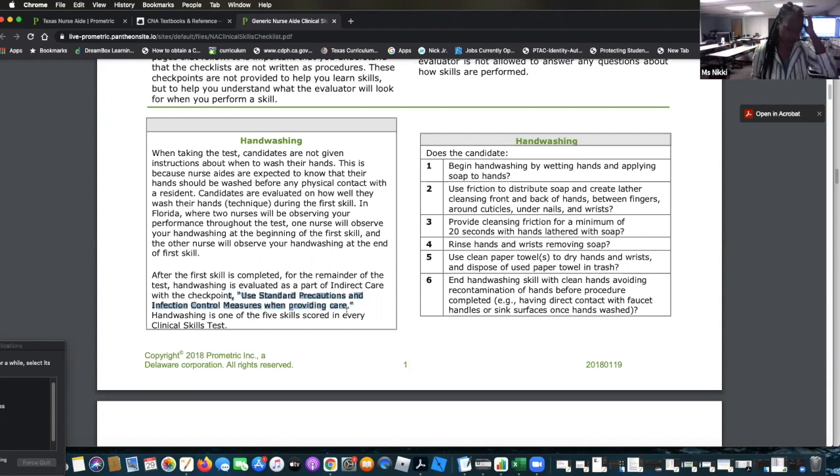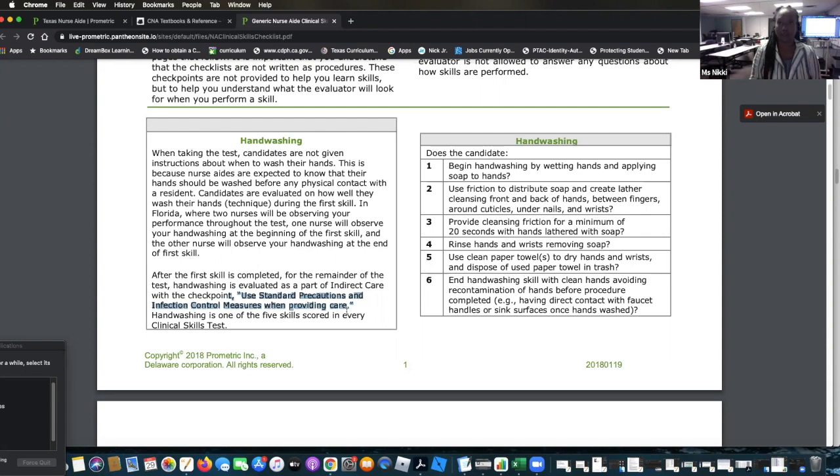I better wash my hands. If I'm going to come in contact, this cup was full of urine. Am I going to touch this cup with my bare hands? Absolutely not. I'm going to wash my hands and put gloves on. And after I take my gloves off, I'm going to wash my hands. Basic common knowledge. Now, there are steps above your basic standard,